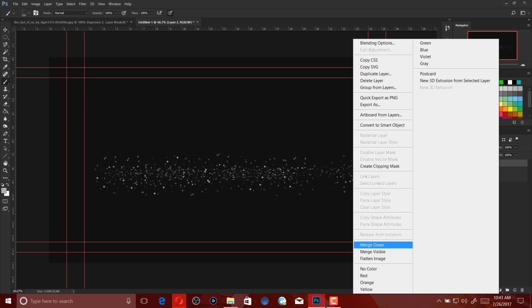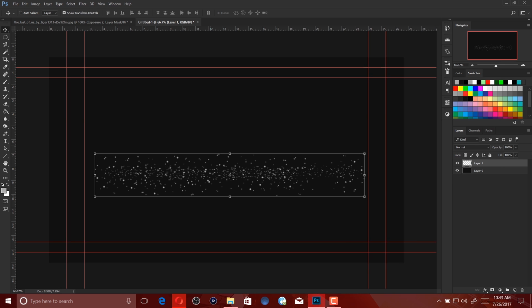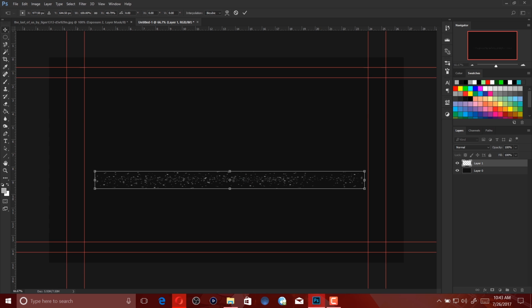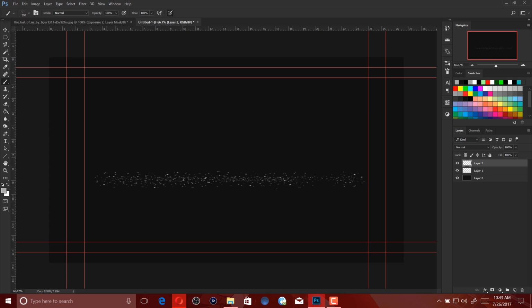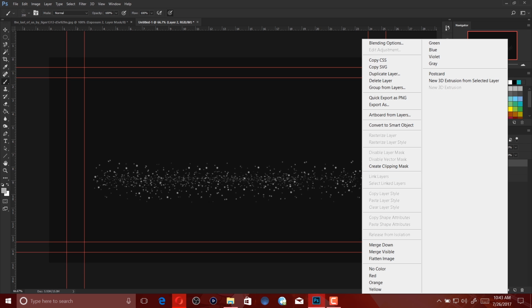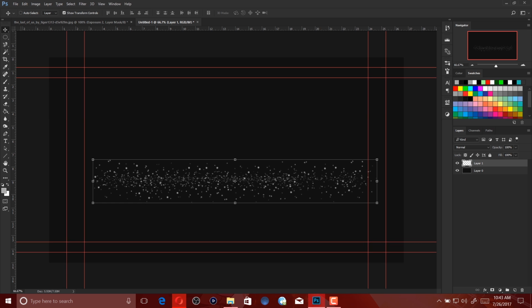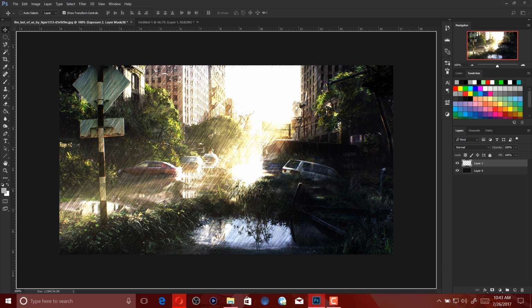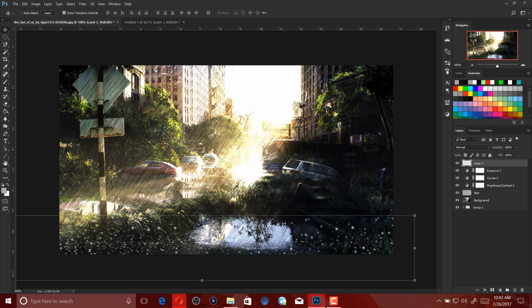And you want to merge now. And you want to do the same exact thing one more time. Perfect. You want to make a new layer, get your brush tool, and just overlap it. And you just want to merge down. There's some nice rain effect here, so you've got this. You want to move it over, and the stuff that we want to affect, we just want to place it on top. And you want to control